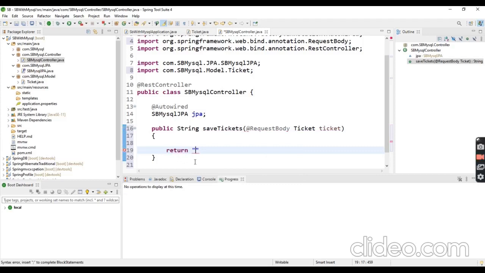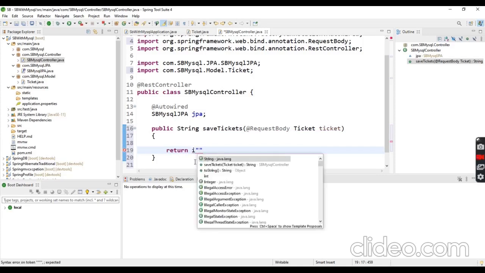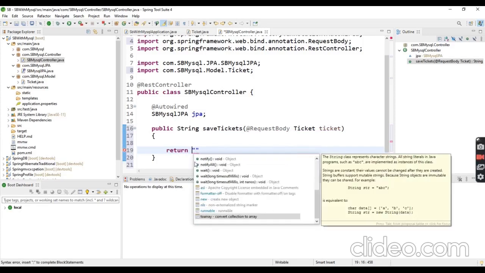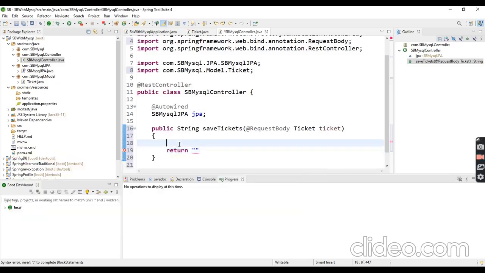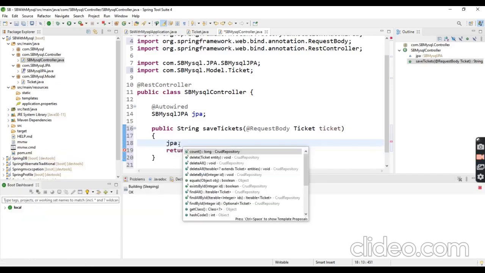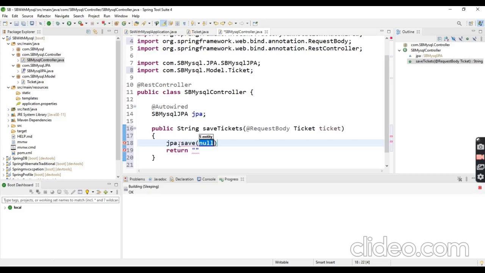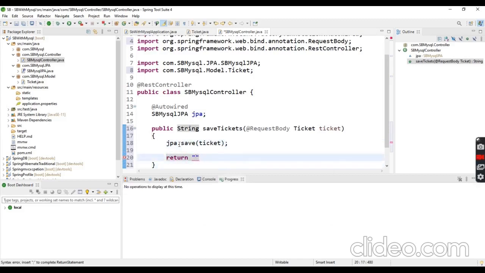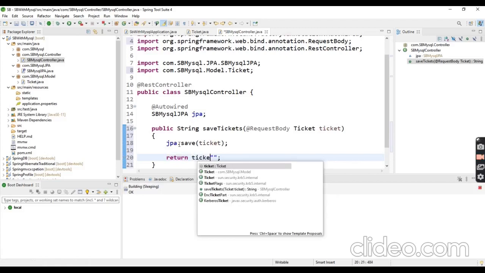We are going to save this object by using the jpa.save method, which is going to save the object into the database.